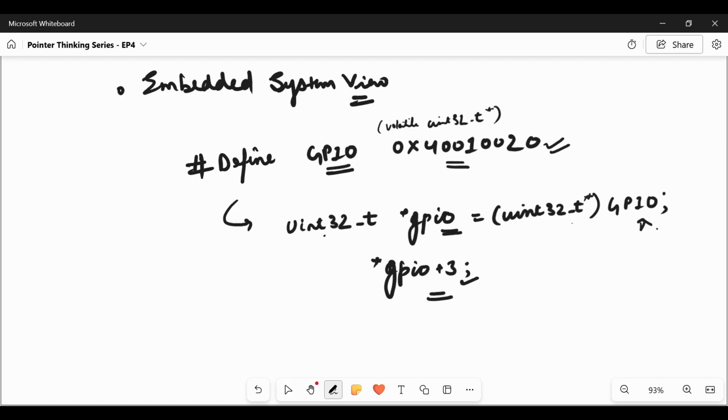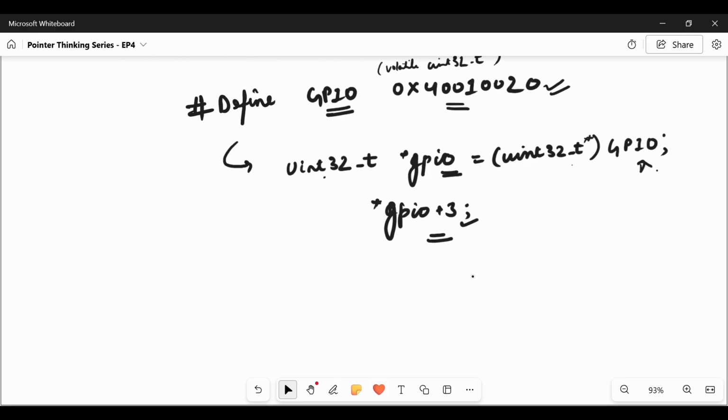When we have to move to the third location, as our address is 40010020, with a 32-bit uint data type it is a 4 byte movement: 24, 28. So the third object, by the second hop, exists at this location.